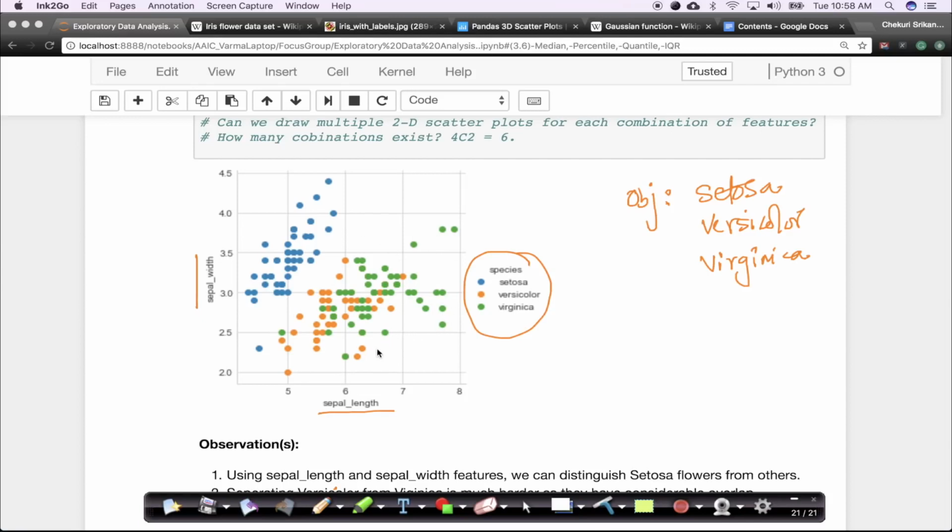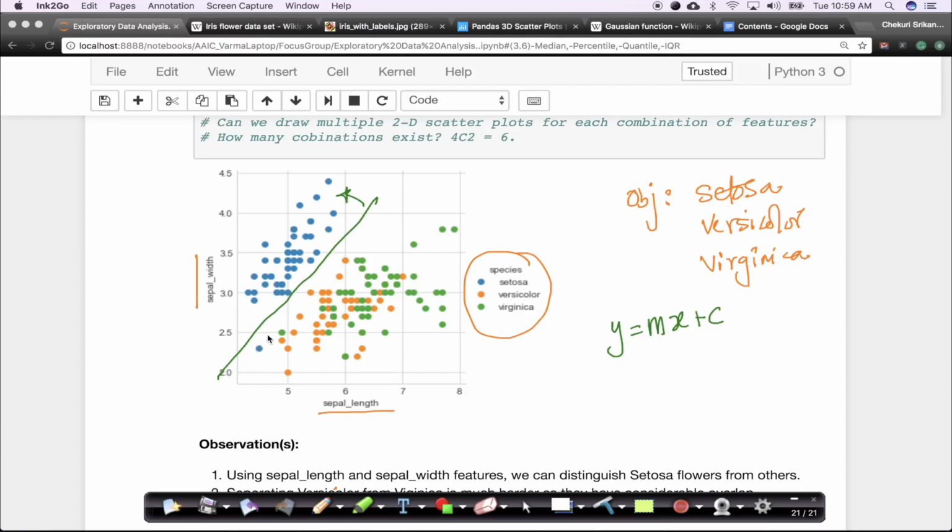Now imagine, just imagine that I can draw a line here. I'll just change the color here. Let's assume I draw a line here, and I say that everything on this side of the line is setosa. See, we know how to draw lines, right? What if I draw a line? A line in 2D space, we learned it in our coordinate geometry in school. A line can be written as y equals mx plus c. We'll learn more mathematical details as we go, but drawing lines is a very simple task, which is fundamental in